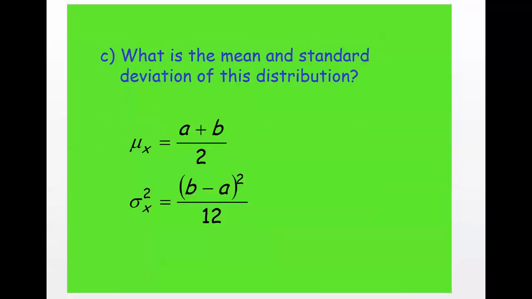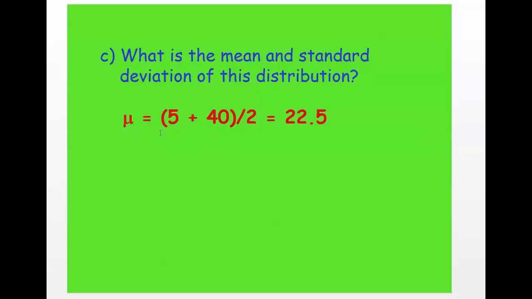What about mean and standard deviation? Let me remind us of the formulas we saw at the start of this little video. The mean of a uniform distribution is add up the endpoints and divide by 2. And for the variance, we're looking at standard deviation squared. So the variance is this, and to find standard deviation, take the square root of the variance. So filling in our numbers, the endpoints would be 5 and 40, so that's 45 divided by 2 is 22.5. So generally speaking, I expect it to be about 22 minutes and 30 seconds to get to school. And then to find the standard deviation,